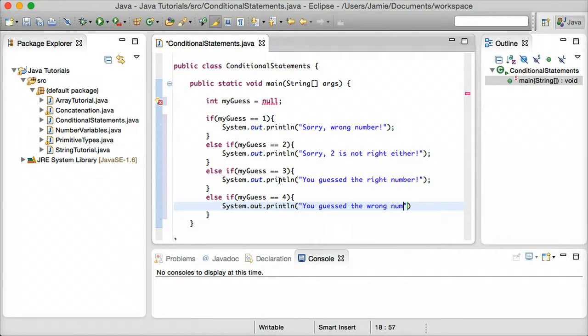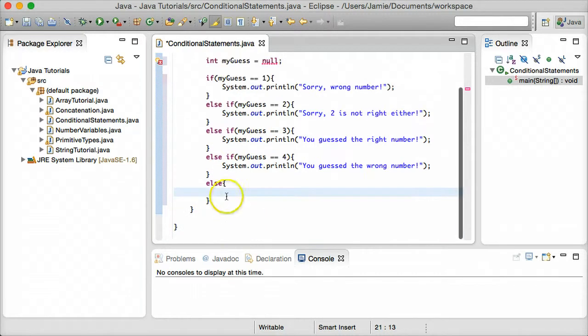And of course, you have to spell everything right. And then finally, let's say that we guess all these and we get to 5, or we guess any other number. What we're going to do is say simply else. And else is what's called the default statement. So if any of these evaluate to false, every single one of these, what's going to happen is the else statement's going to be evaluated regardless of what else is put in there. So we're going to say else, let's say